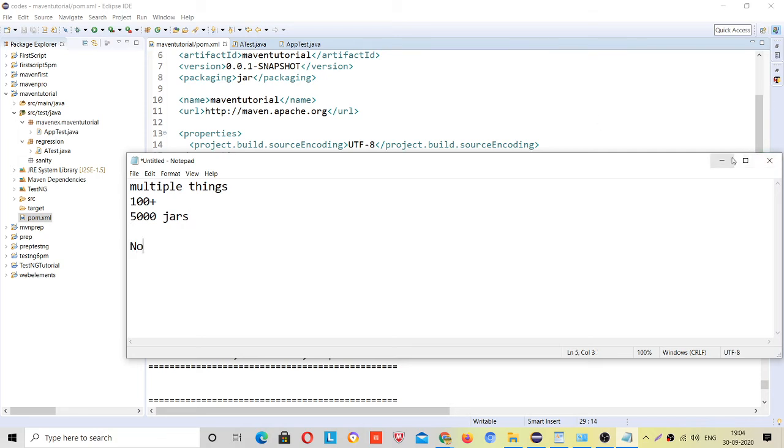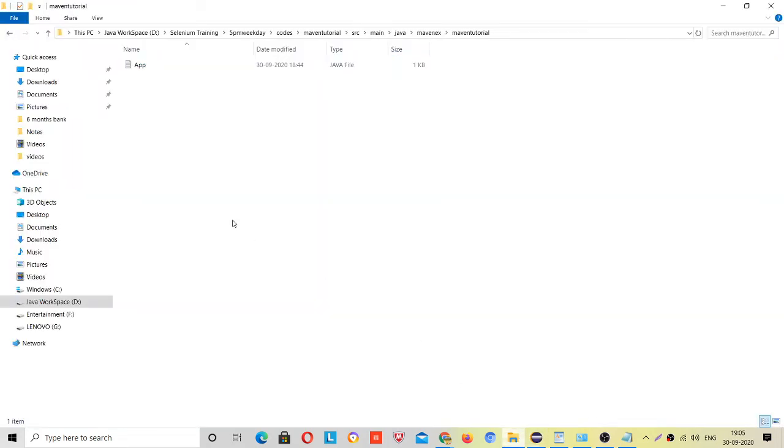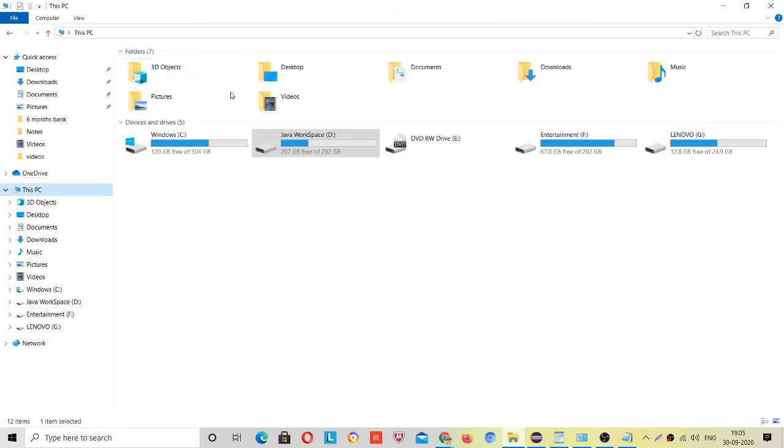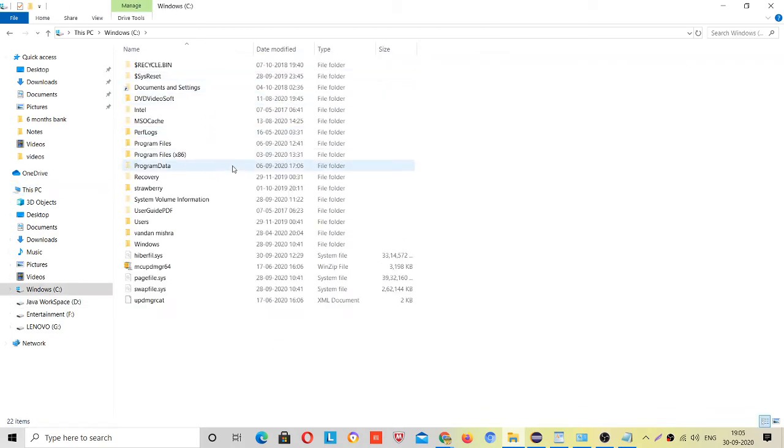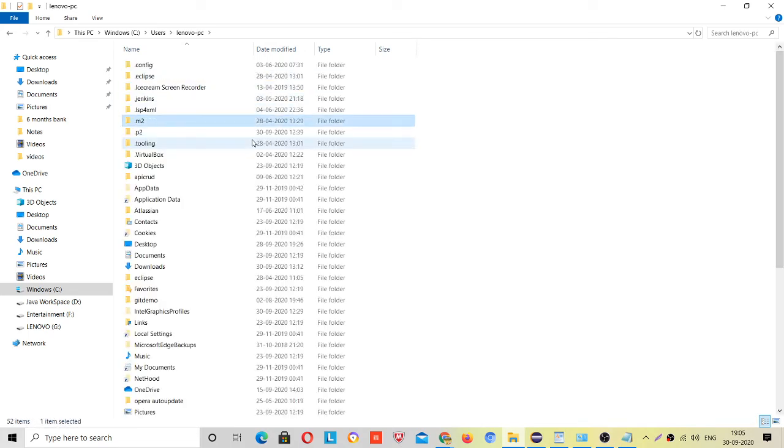See, once you add a dependency, it creates a local repository for you, like here, the .m2 folder.